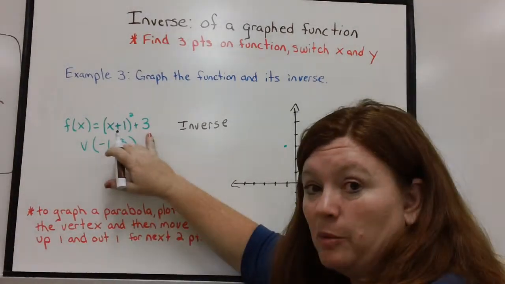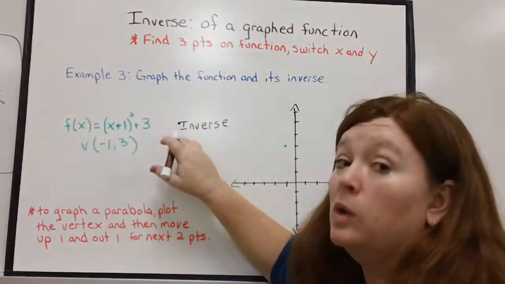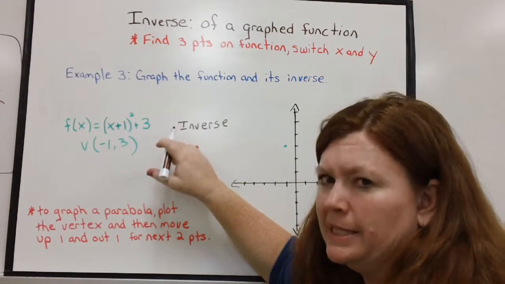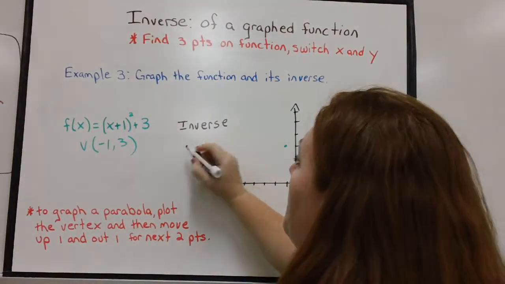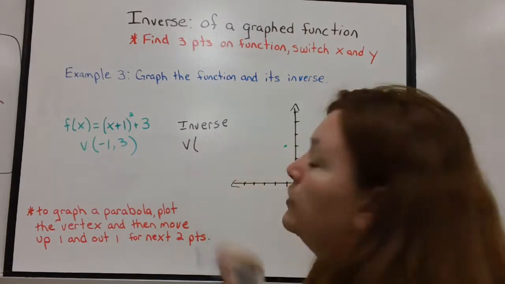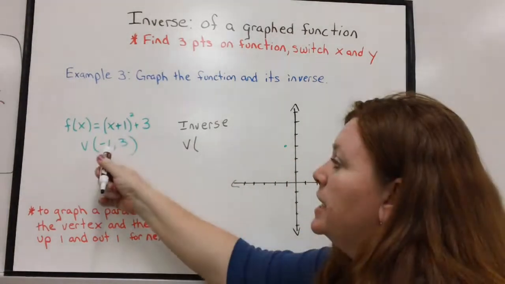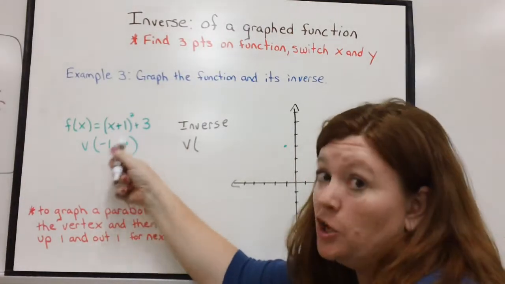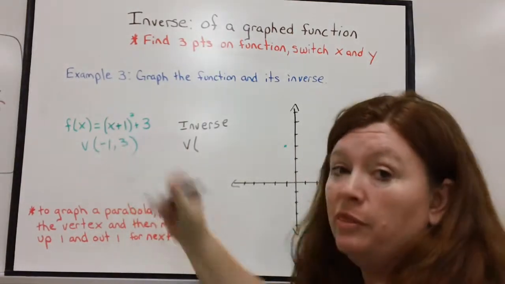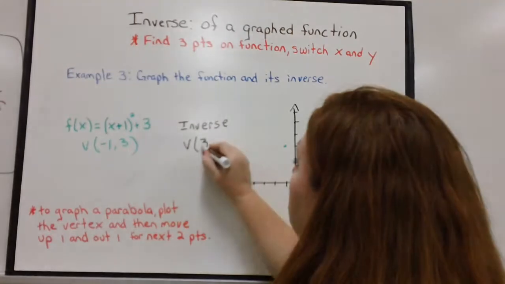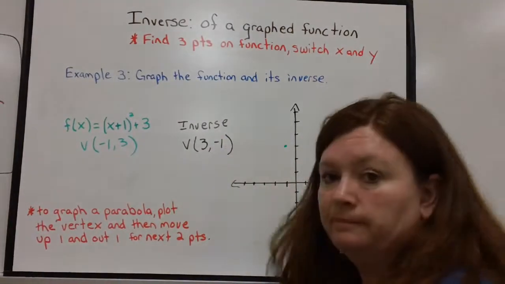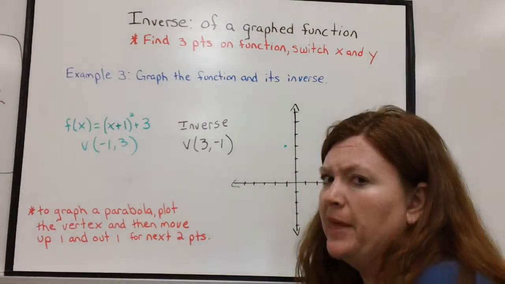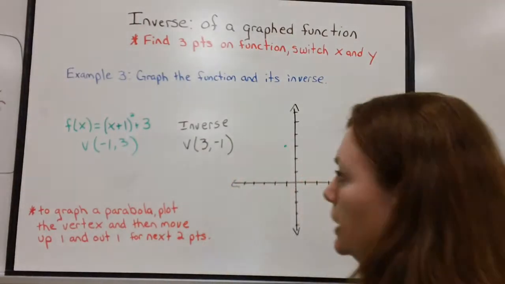If this is a parabola, the inverse will also be a parabola. We'll get to that in a moment. My new vertex will be to take the old vertex and switch x and y. Signs go with the numbers. So a -1, 3 becomes a 3, -1. Okay, but I'm not going to plot that just yet because I want to go and get my other 2